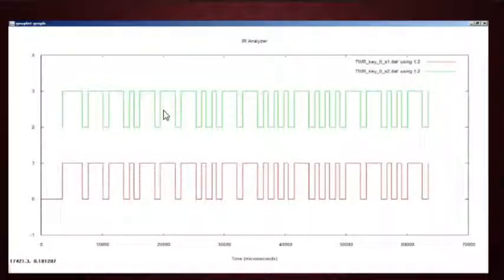This is the waveform of the remote control I analyzed. This is a 16-digit binary code and exactly opposite to that of the Sony protocol. This is binary 1 and this is binary 0. This is also 1, this is also 1, and 1, 1, and this is binary 0, and this is the resting state. And this is again 1, and thereby creating a 16-digit binary code. This is of my button. This green color is of button 1 and red color is of button 2 of my own remote control.